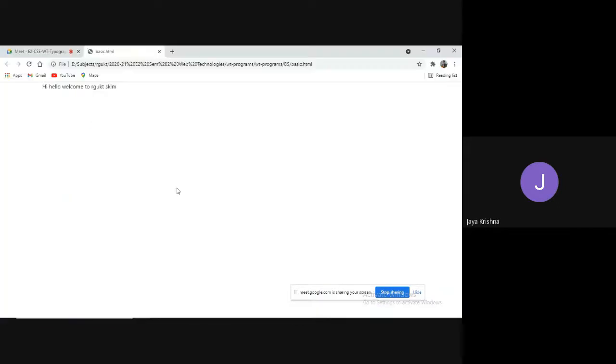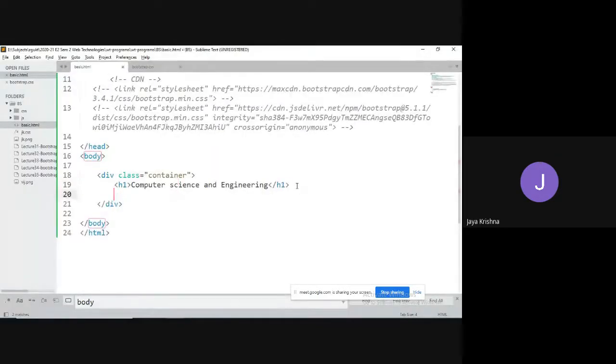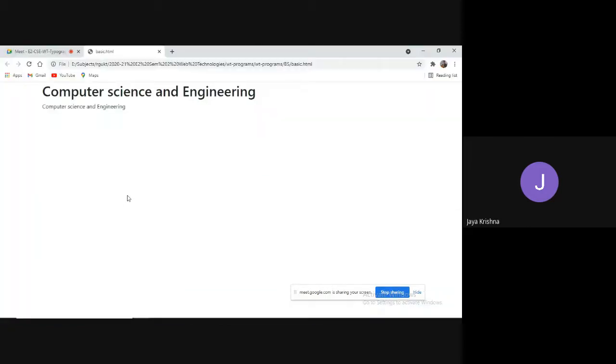If I refresh, you will get some text. If I write it in a normal paragraph, it would simply look like a normal paragraph structure. Computer science and engineering. If I refresh, it will look like this.